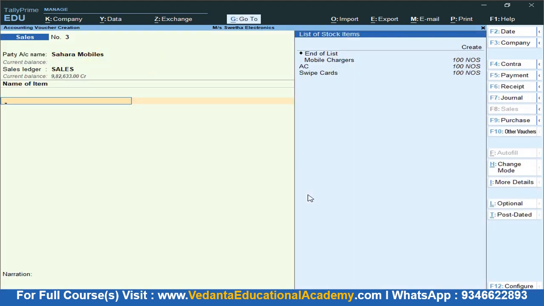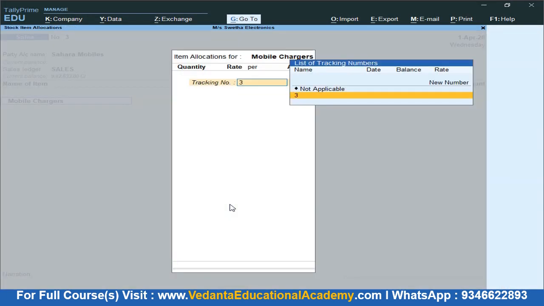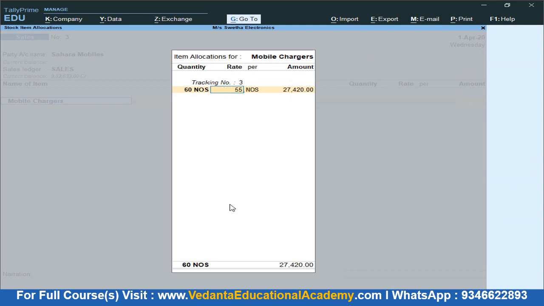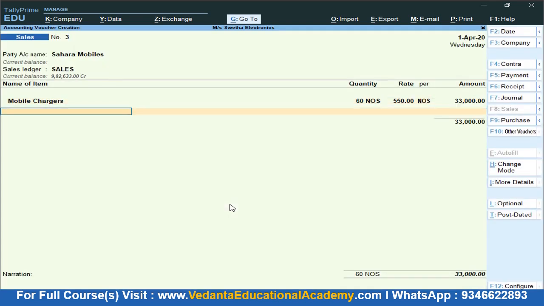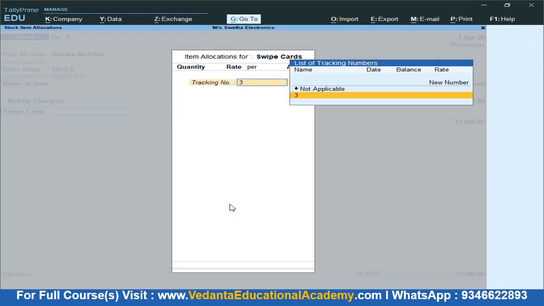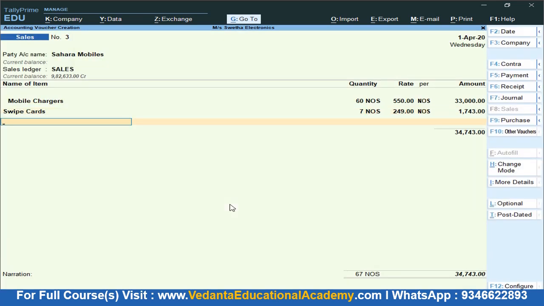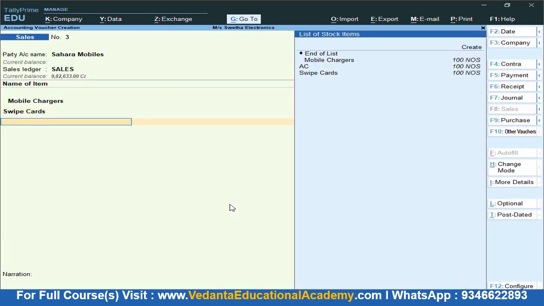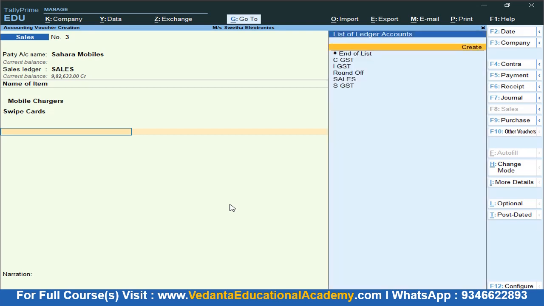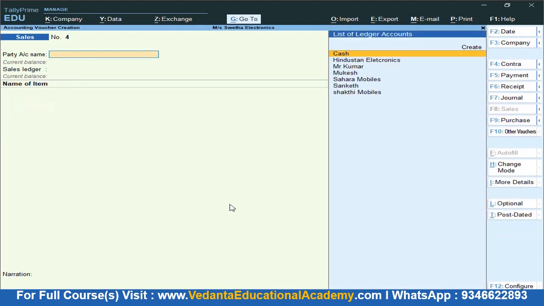And sales, we are selling mobile charges 60 at 550, and press enter again. The next product is swipe cards, 7 at 249. In the second line, if there are no items to be added, press space, end of list, again space. Again we can charge only IGST. Control A, save. So this is how we record multiple transactions in Tally Prime.